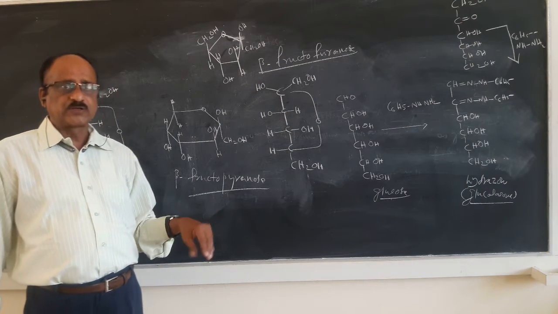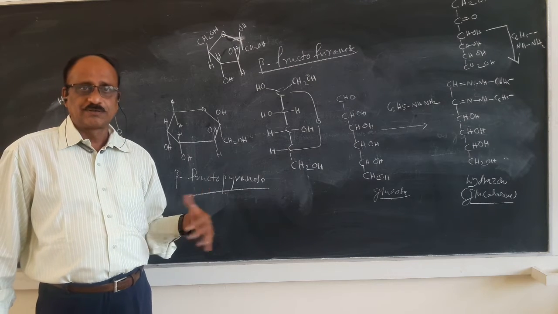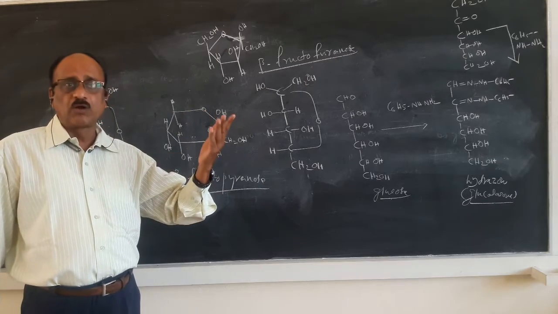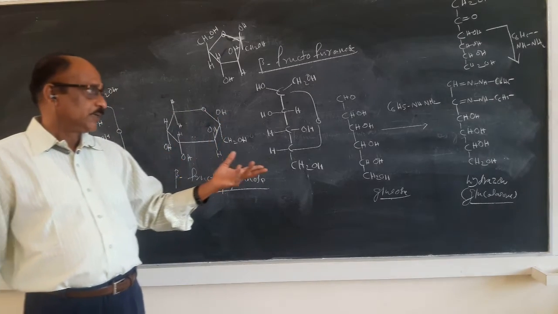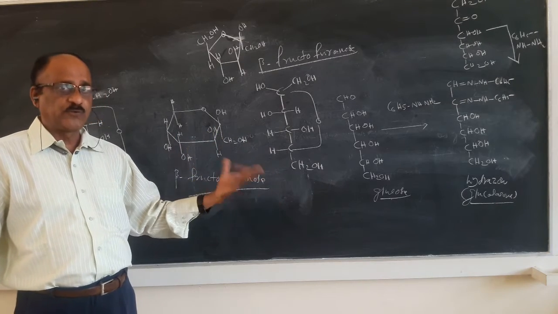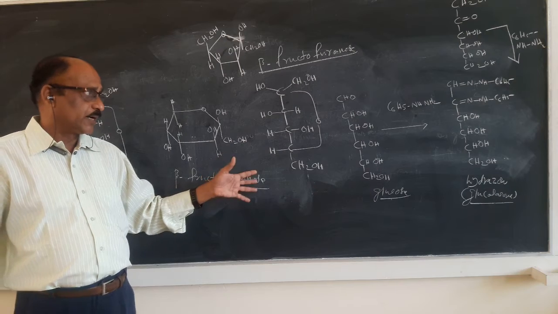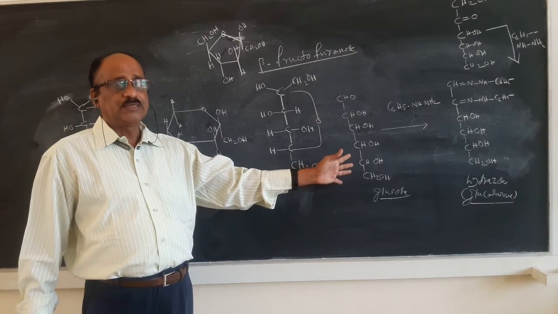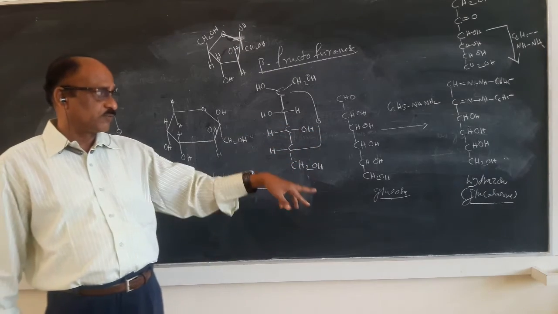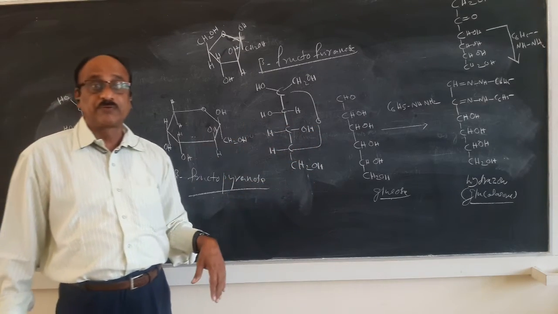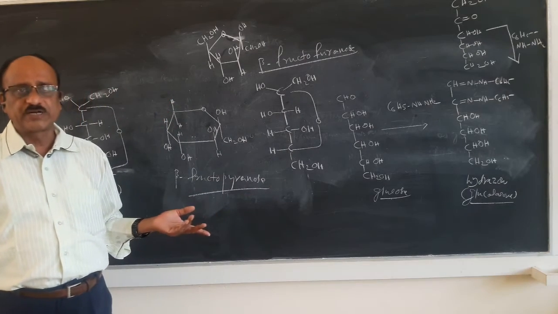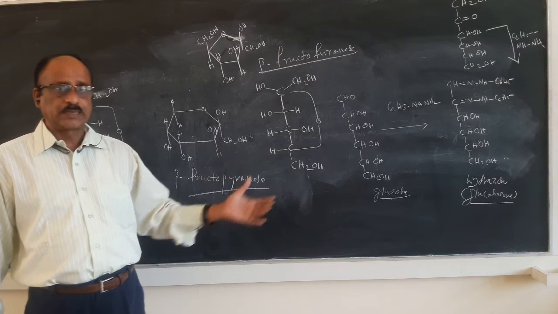And the glucose molecule and fructose molecule are very close together. The molecular formula is the same, and the lower part of the molecule is also the same. We could understand the configuration, that is the position of the OH group and H group, by the reaction with phenyl hydrazine. In both cases, glucose will form glucosazone, and fructose will also form glucosazone. Therefore the lower part of the molecule, the configuration will be the same. That you have to write like that.